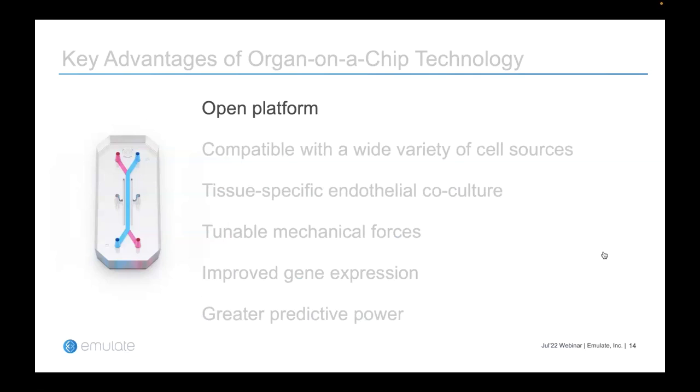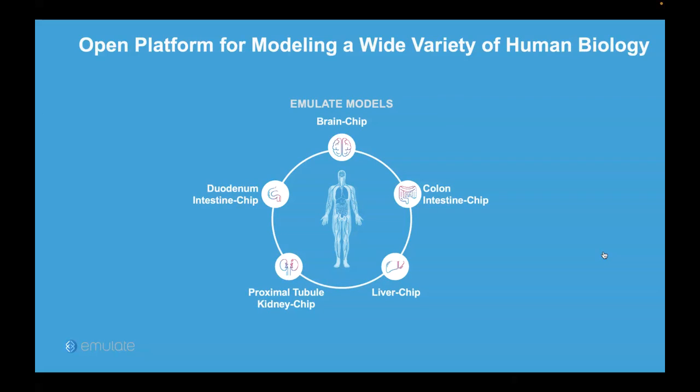So starting with the open platform. At Emulate, there's a number of ways to get started with organ chip technology. We have already pre-packaged and validated models that are available to purchase from Emulate. There's 5 in total. These can be purchased through what's called a bio kit, which has all the consumables and